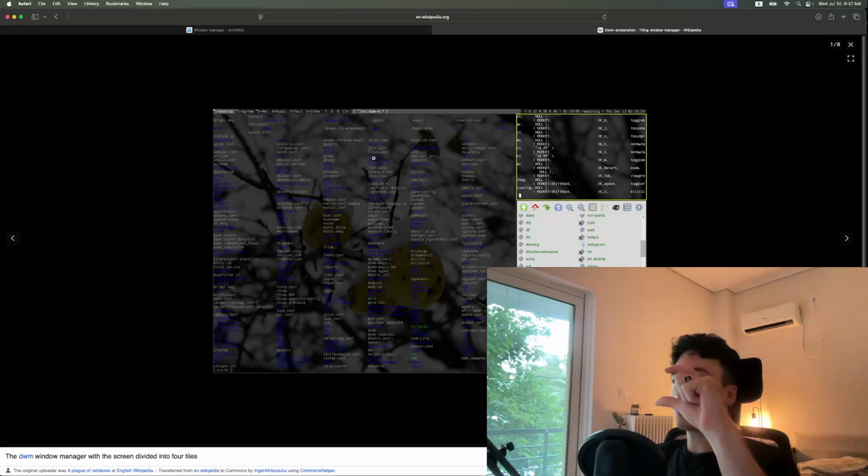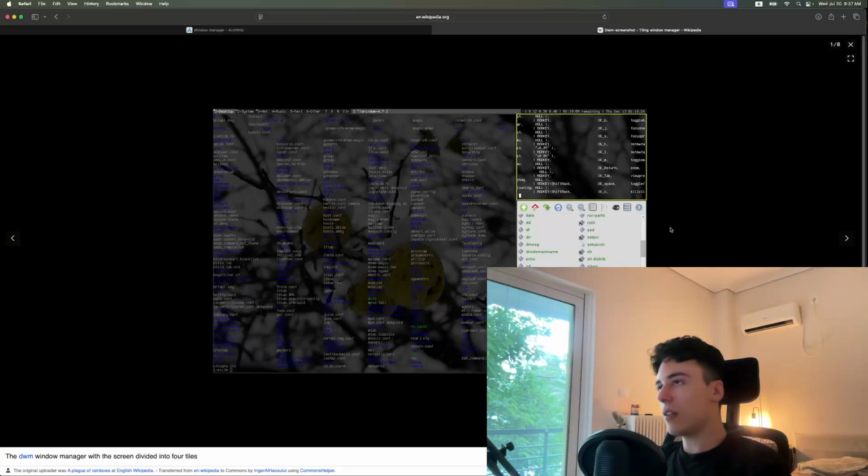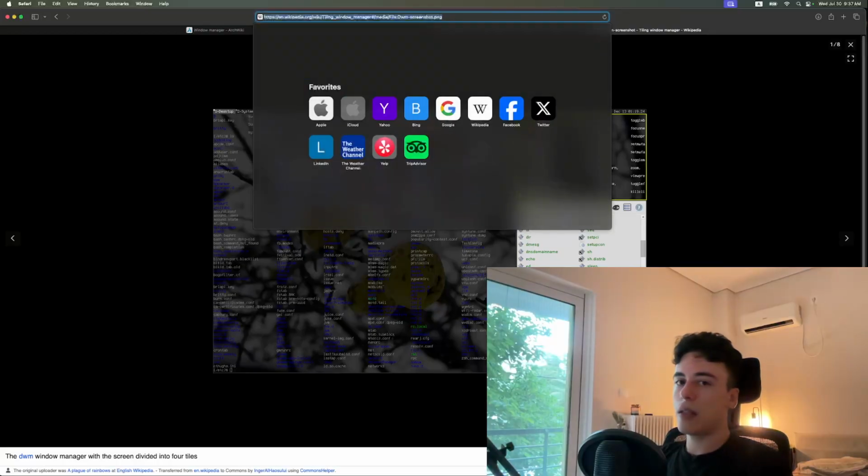You have the software calculating these areas of the screen, and then every window gets placed to a particular section, and then you can maybe have them swap places or resize them, and you can even replicate this behavior in Windows. So in Windows, the poor man's tiling window manager is, I guess, not really a window manager, but